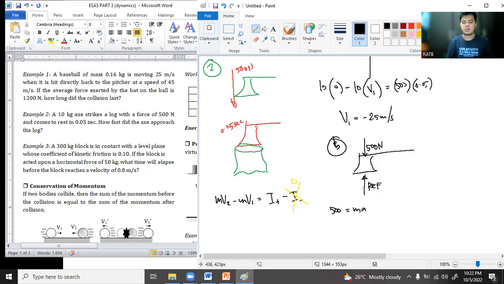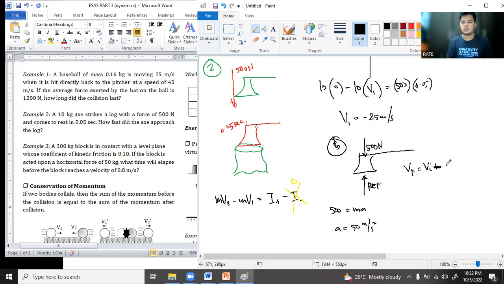So what we do now is we sum up, so you have the 500 Newton that is equal to mass multiplied by the acceleration. So we can calculate acceleration. That's 500 divided by the mass, so that's 50 meters per second square. And then since the question is the initial velocity, we can make use of